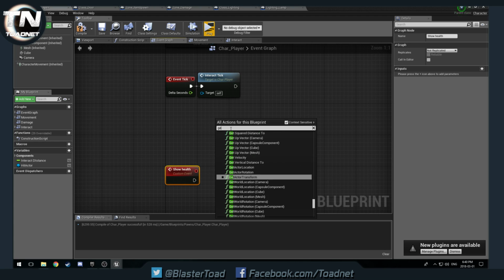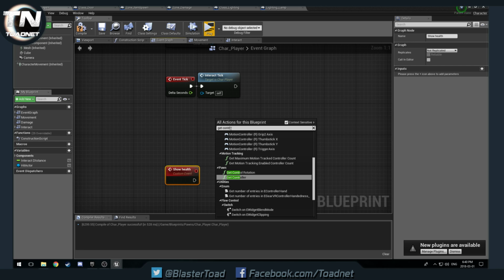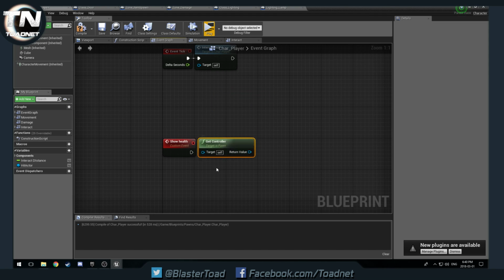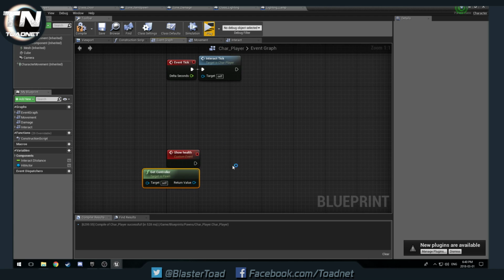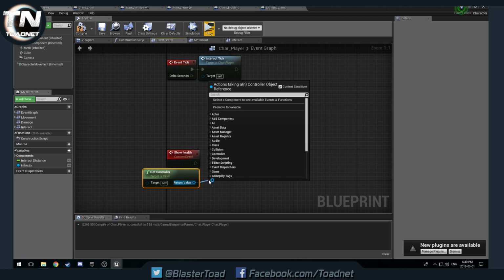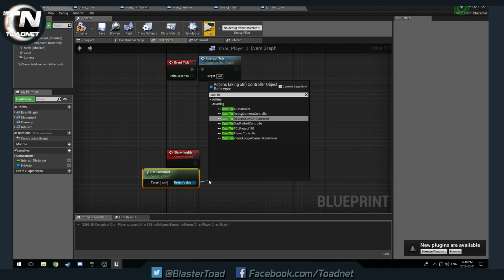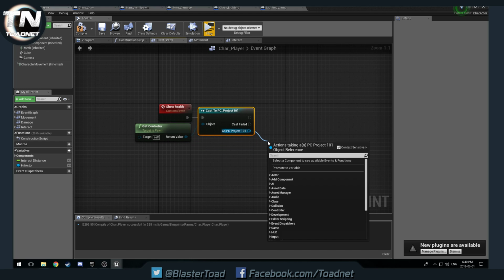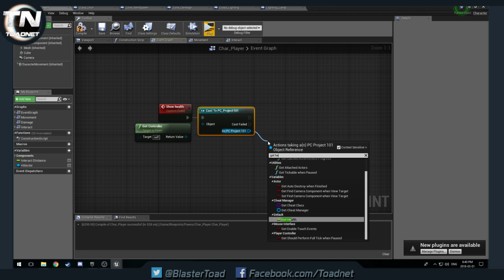And we're going to get controller. The target is a pawn. The pawn is ourselves, so we're going to get the controller attached to us. From that, we are going to cast to player controller, and this is just to prove a point, okay? This should not work. We're going to get health,